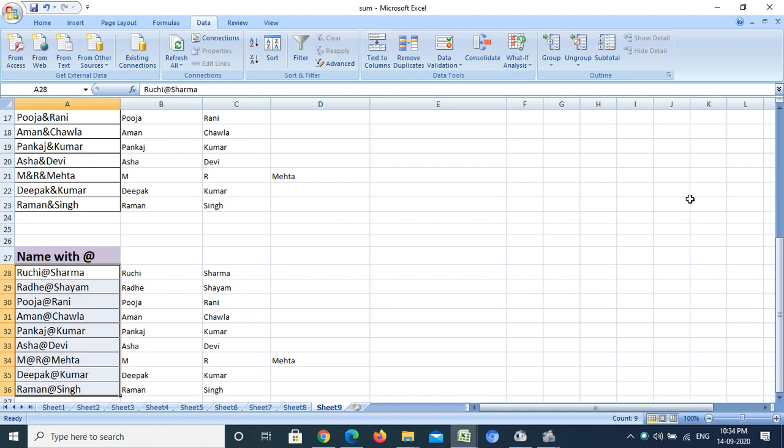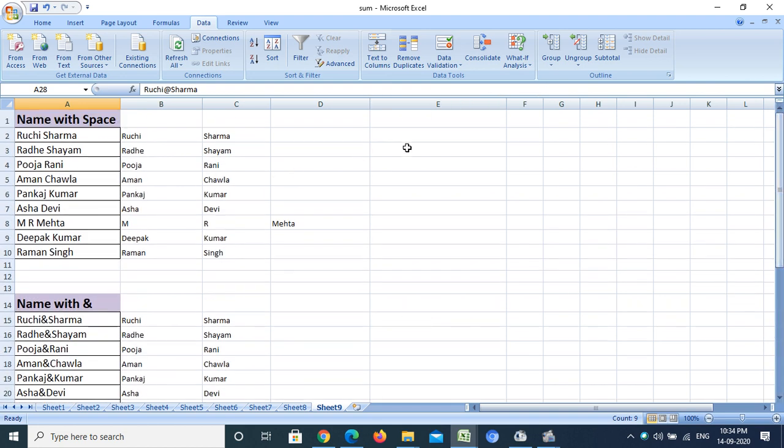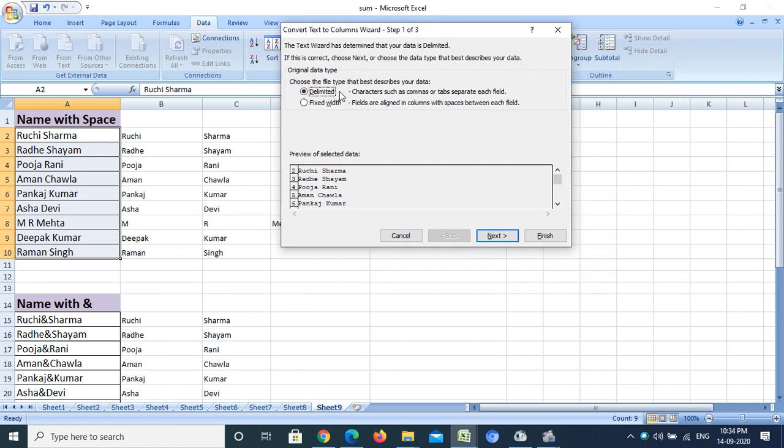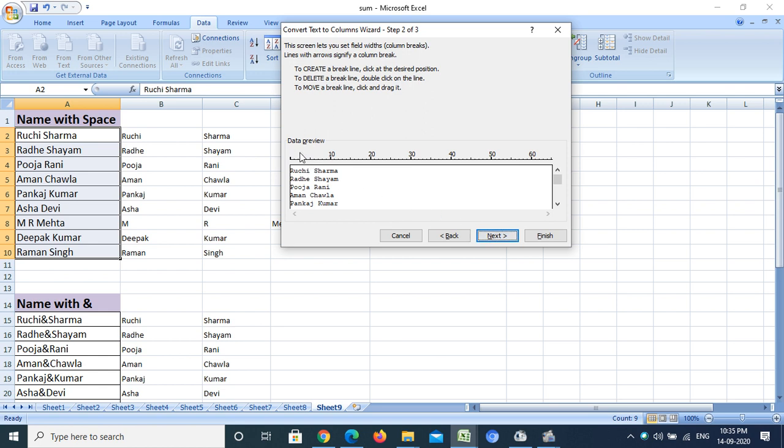Now see, one more thing. I have to first select the text. After that, I have to click on the Text to Columns option. Now this time I am not going with the Delimited option. I am going to select Fixed Width, and I just press the Next button. Now see, I can choose where to split.